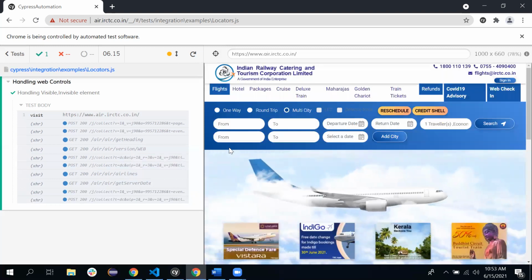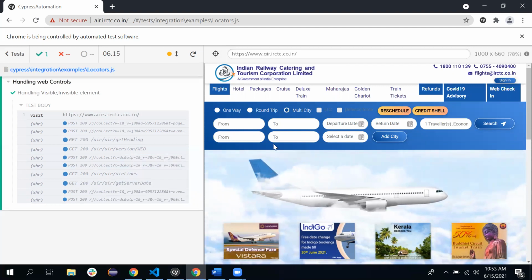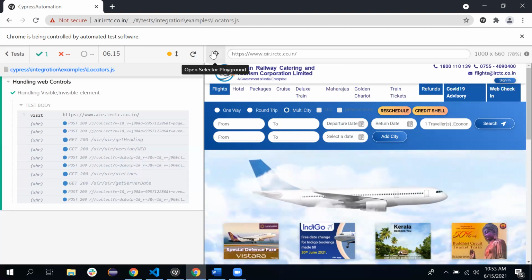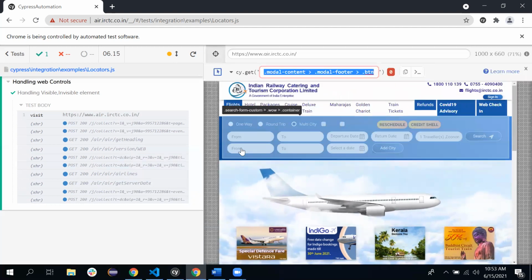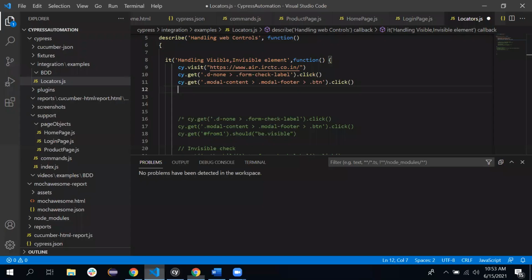Now we need to validate the from checkbox or to checkbox, and these all. Currently I am validating only the from checkbox. You can do the same thing with the to checkbox also. So for that, select this from selector, identify this from input box and copy this CSS.